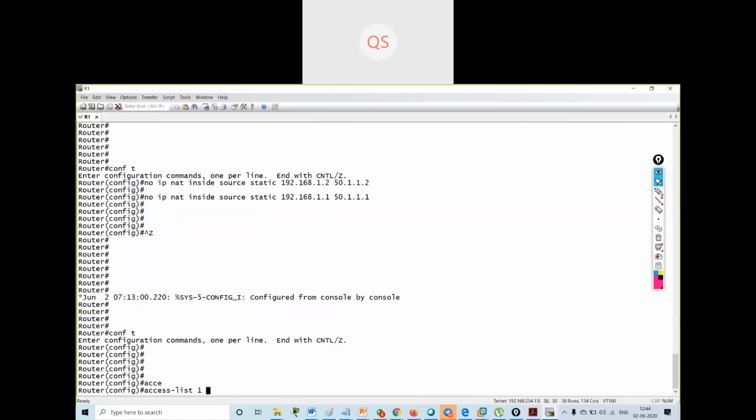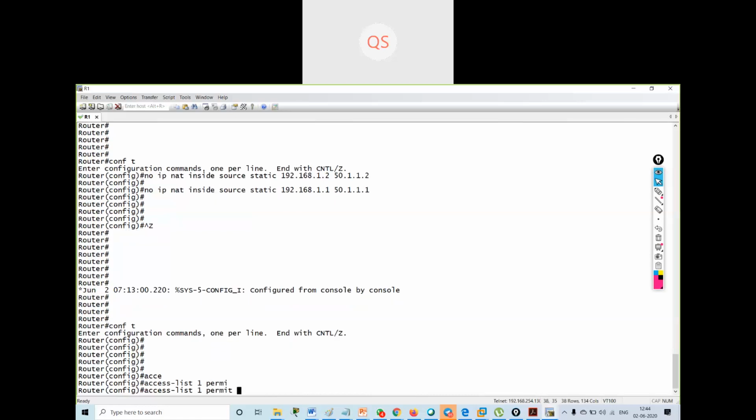Access list 1, permit the 192.168.1.0 network with the wildcard bits 0.0.0.255. This is the access list I have created.